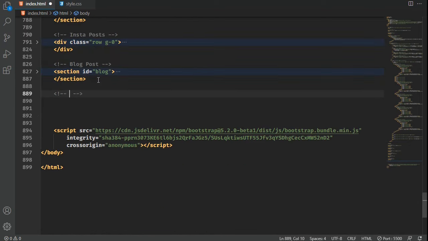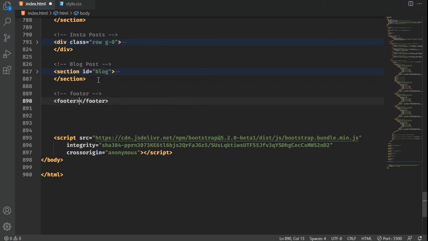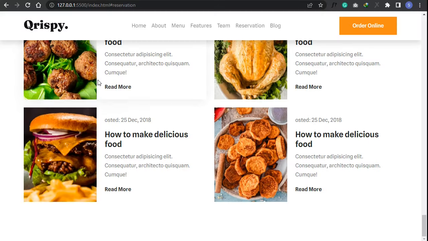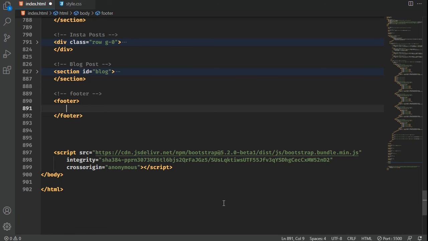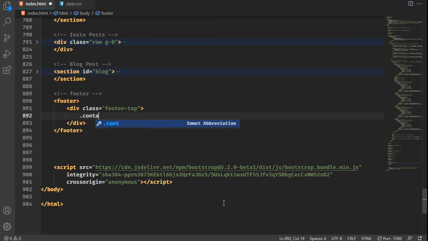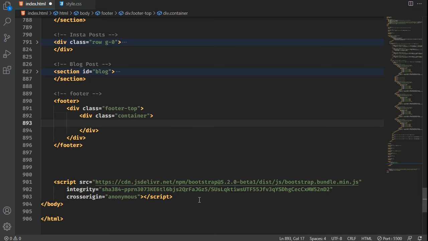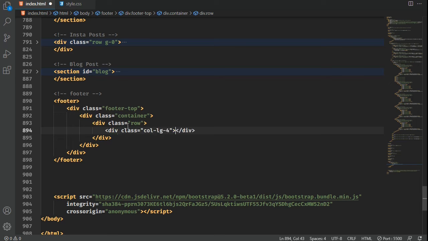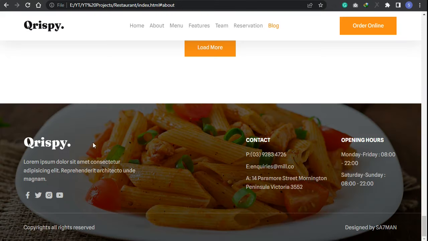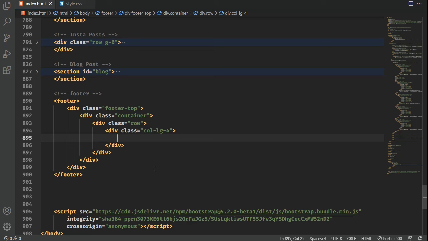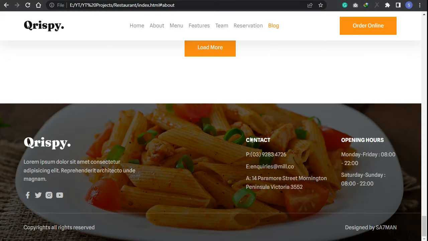So I'm gonna create a footer. Inside this footer I'm gonna create a container class. So I'm gonna create a footer top. I'm gonna create a container, and inside this container I'm gonna create a row, column LG4. So on the first column I'm gonna put the text and a logo and social icons. So I'm gonna place an image here. This will be white logo,